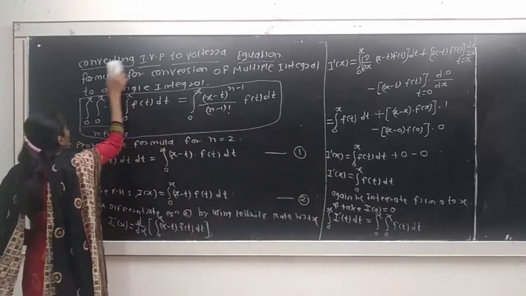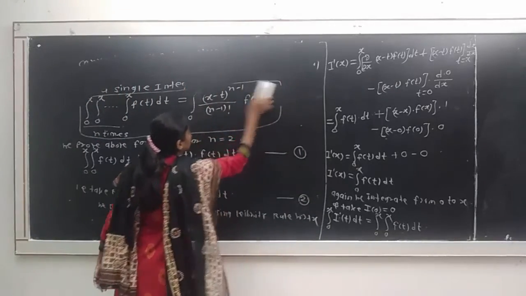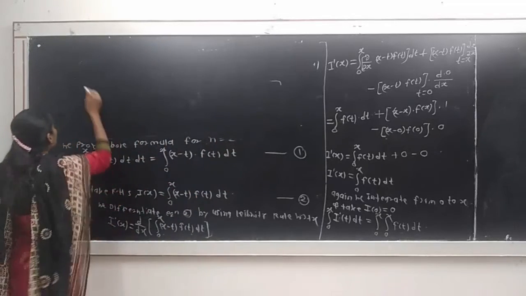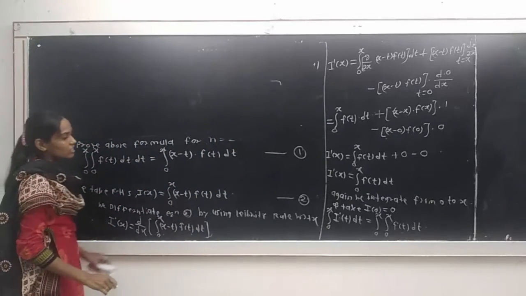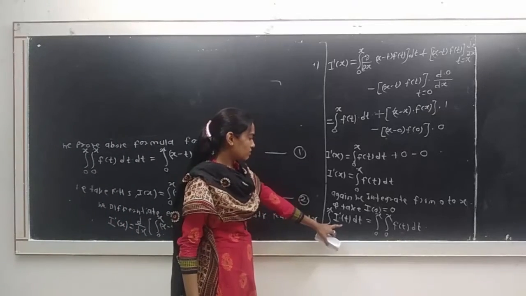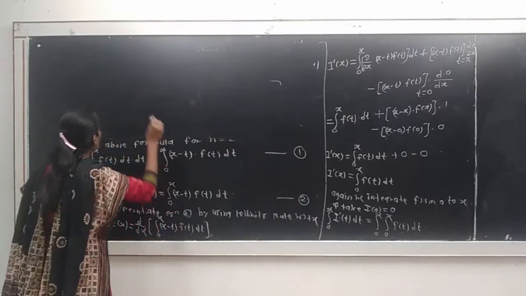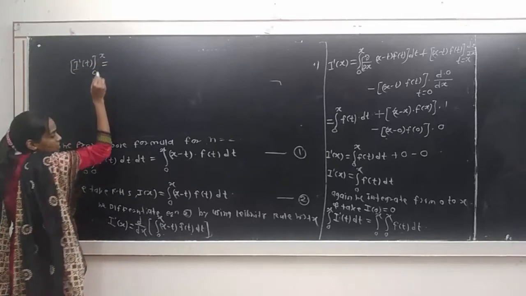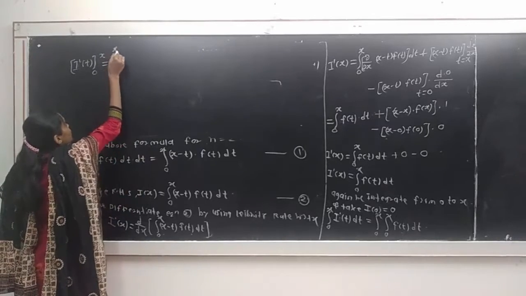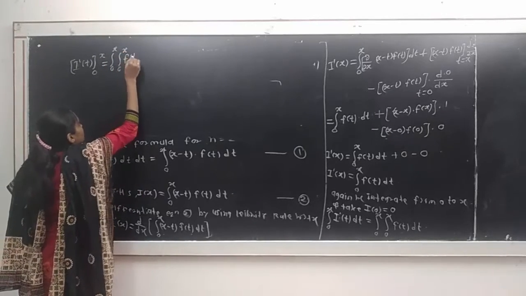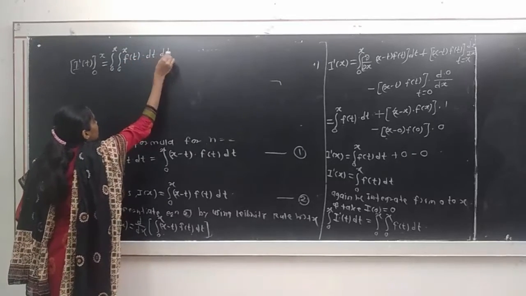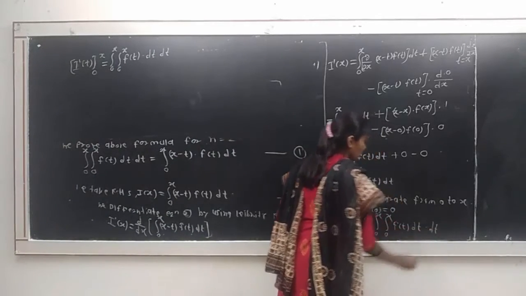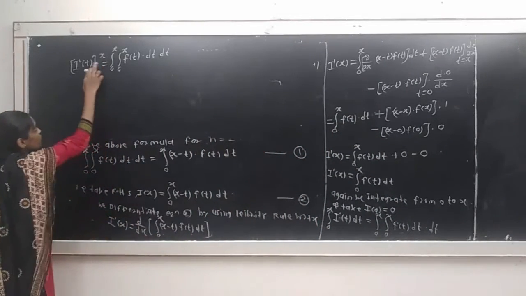Then if we integrate this I dash of t, here derivative and integration get cancelled and only the function remains, that is integration of I dash of t from 0 to x is equal to integration from 0 to x, integration from 0 to x f of t dt into dt, because here we take the integration 2 times, therefore we also write here dt. Then if we put here limits, we get